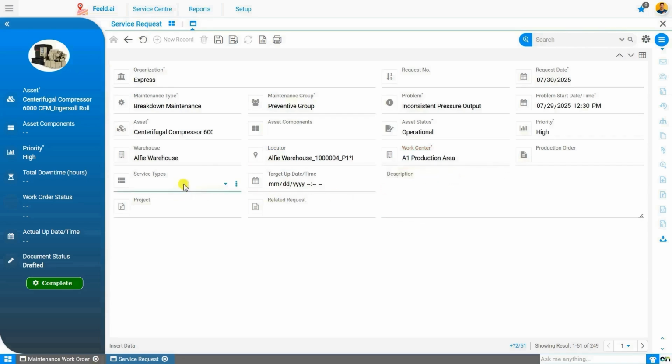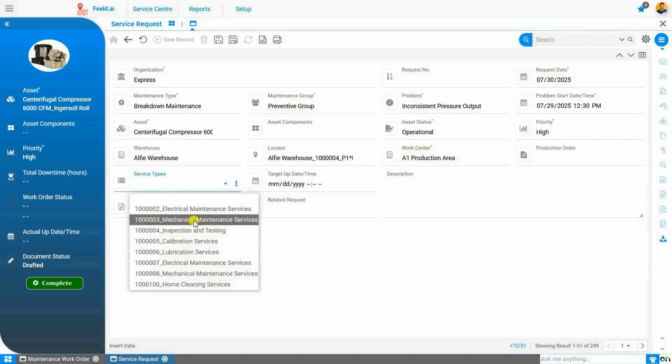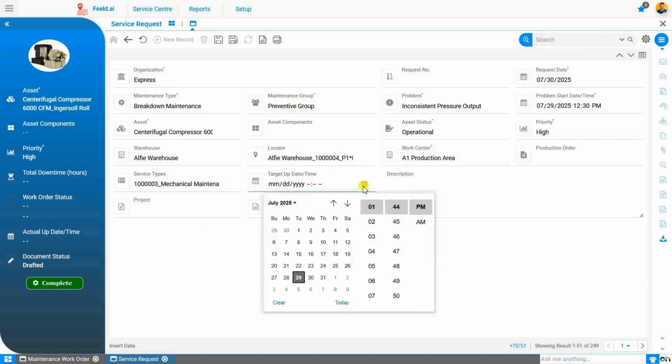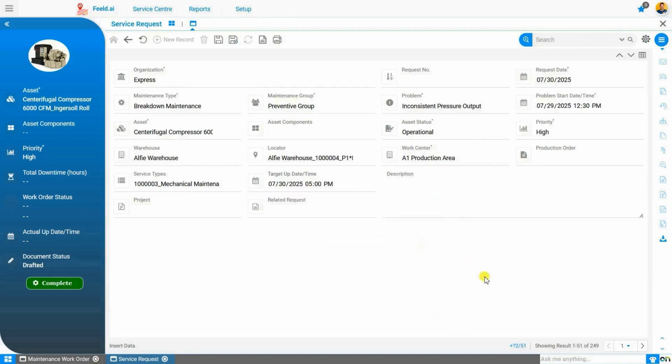The user selects the type of service required for the maintenance of the asset. For example, I selected mechanical and maintenance services. Target update time specifies the date and time when the service is completed. For example, on 30th July and 5 p.m. in the evening. The user can enter additional notes or information related to the service request based on the requirement